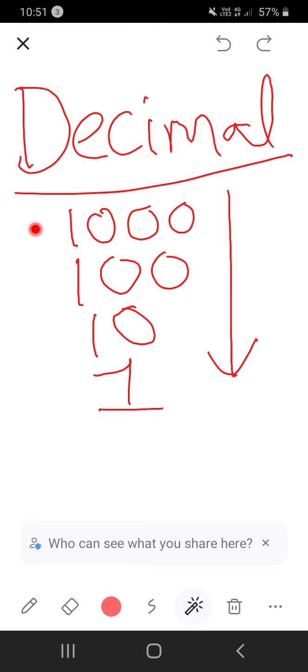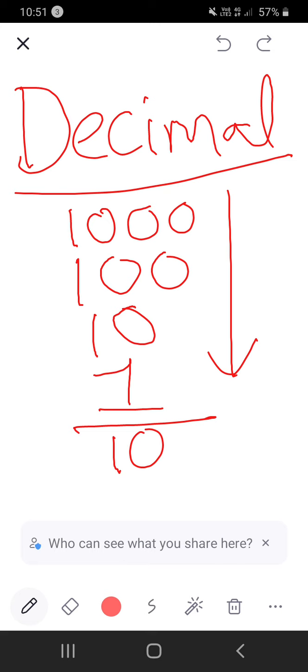You can see each time in the thousand there are three zeros, and in the hundred there are two zeros. That means when thousand is divided by 10, we get 100, and when 100 is divided by 10, we get 10, and again when we divide 10 by 10, then we get 1. So children, in this order, as the number places move to the right side, we are dividing each number by 10. Now children, can you imagine if we divide 1 further by 10, then what will come?